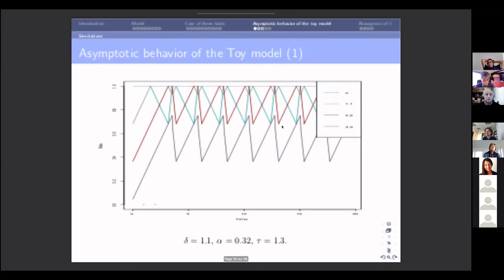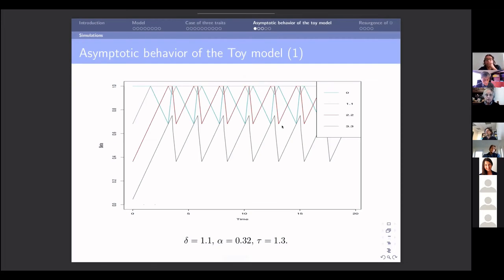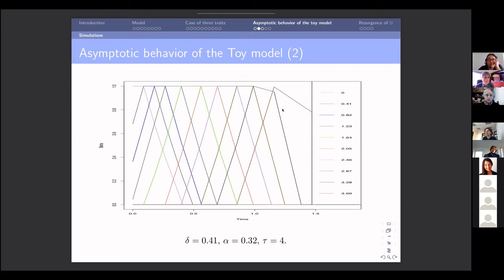And so the main result we have, oh, sorry, before giving the main result, of course, this is for a certain choice of parameters, and we can change the parameters. For example, like there I choose parameters, delta is smaller, so I have 4 traits here. And again, we get a cyclic dynamics for the exponents beta, but you can also have much more complicated dynamics like this one. Here I have lots of, lots of traits, you see here.